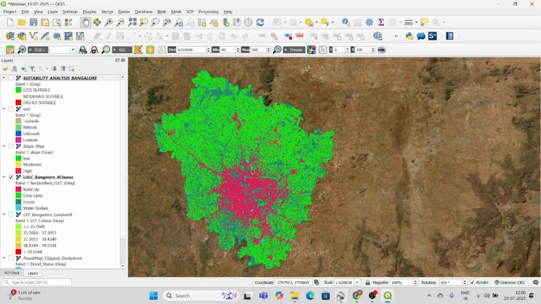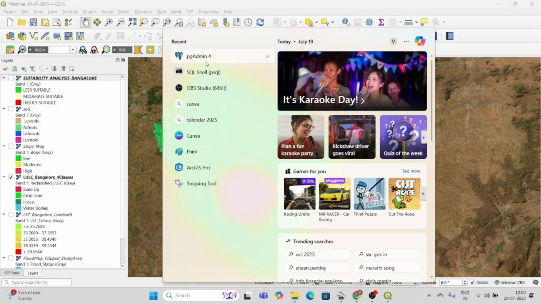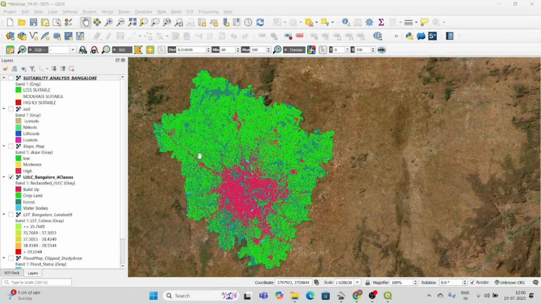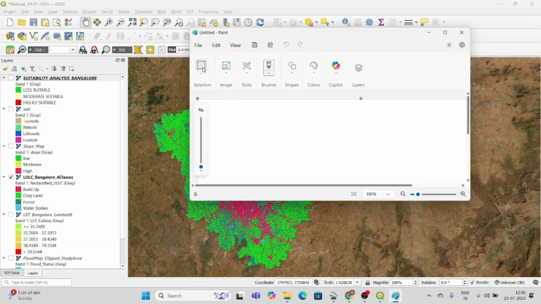So this is my extra tip. My class has been over. What I want you to understand is how to do multi-criteria analysis. Multi-criteria is nothing but using different parameters, giving weightage, and finding a suitable site. Like this you can go for urban areas, or any other areas. You can also search for good hospitals, and for that you can use some population data.